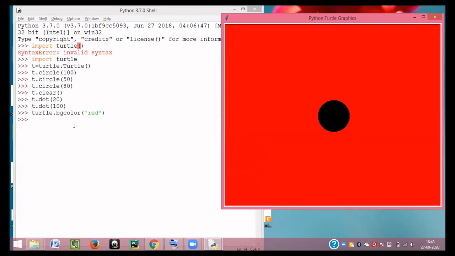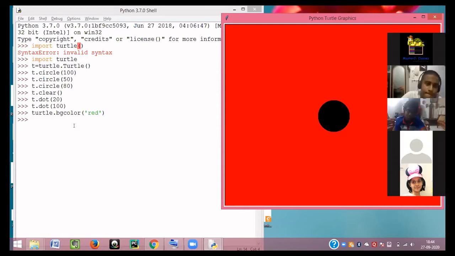Sir, I have a query: if we have to change the color of the dot, how do we do it? Well, for that you need a simple function called begin fill. That will come later, don't worry about that. Right now we can simply create the background and some shapes. It gets really advanced when you start following it. Right now we are only telling you the basic items so that at least you know what is there inside it.